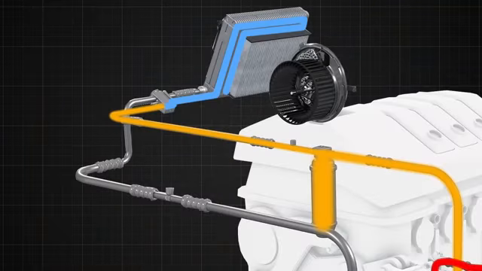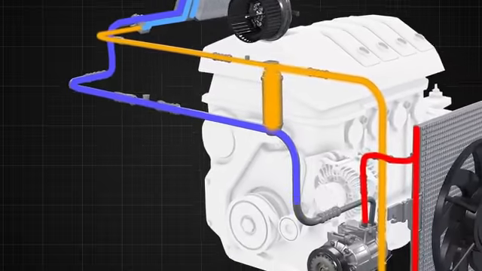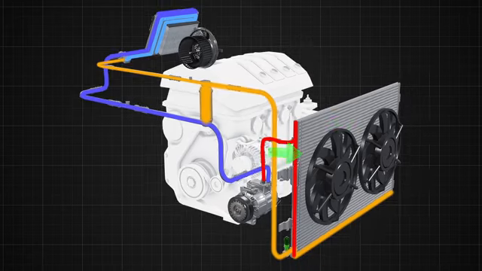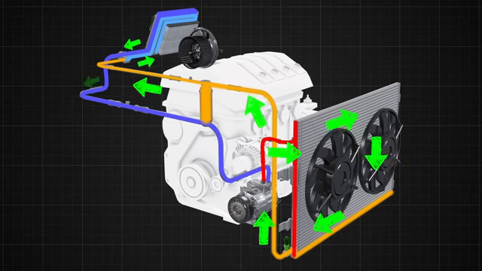The refrigerant, now in gaseous form, exits the evaporator and flows to the compressor again. The compressor receives the low-pressure gas, compresses it, and again sends it to the condenser, and the process repeats. The cycle continues as long as the AC system is turned on and the blower fan is operating,